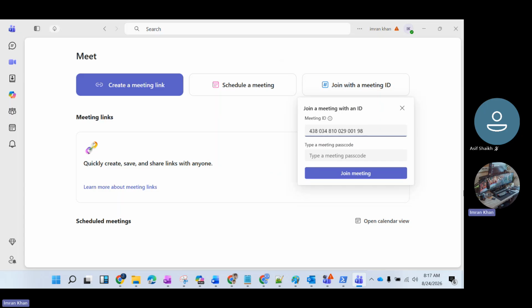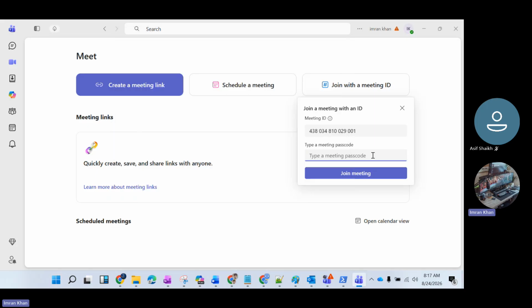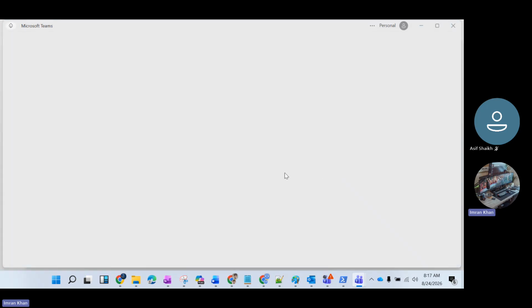Okay, just remove everything, type again, and next type the password. This is my password, and by the link,